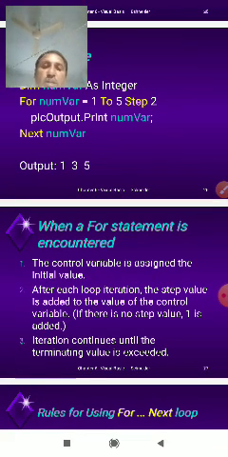The first statement: the control variable is assigned the initial value, and after each loop iteration the step value is added to the value of the control variable. If there is no step value, 1 is added, and execution continues until the terminating value.